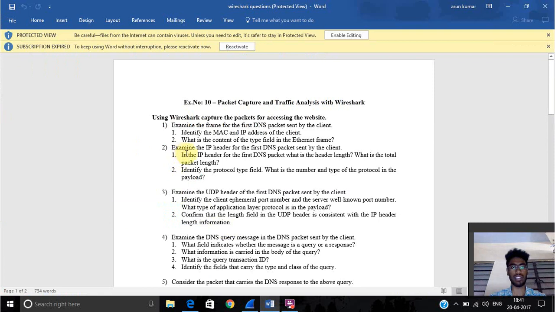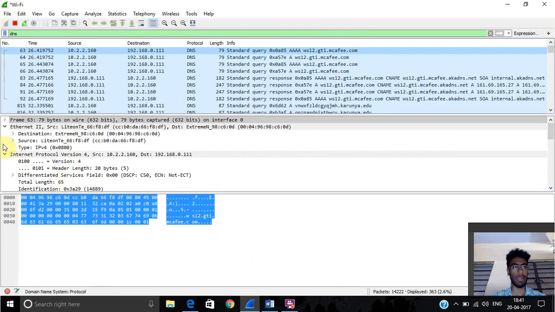The second question is: examine the IP header for the first DNS packet sent by the client. What is the header length, what is the total packet length, identify the protocol type field, and what is the number and type of the protocol in the payload. So now go to Internet Protocol version 4. Here you can see the version is 4 and